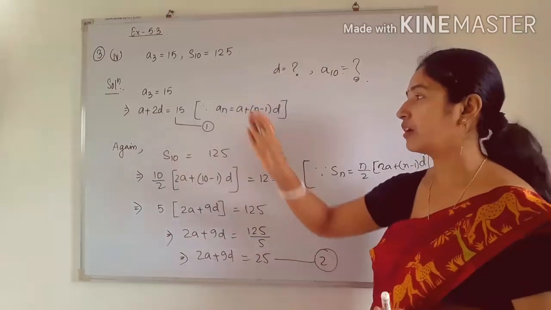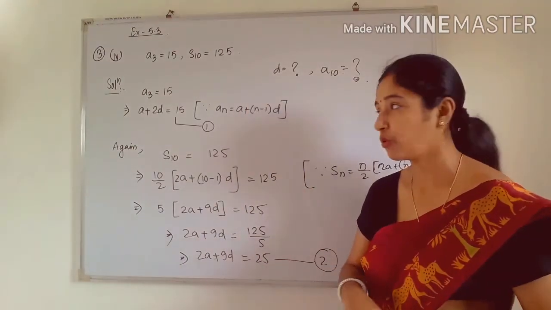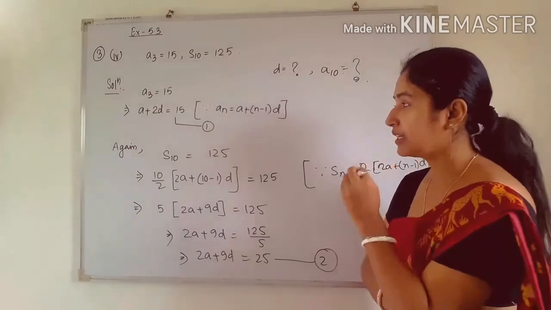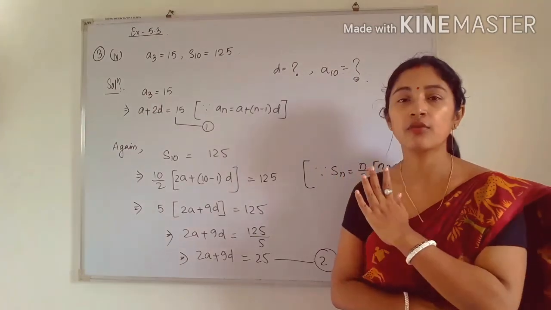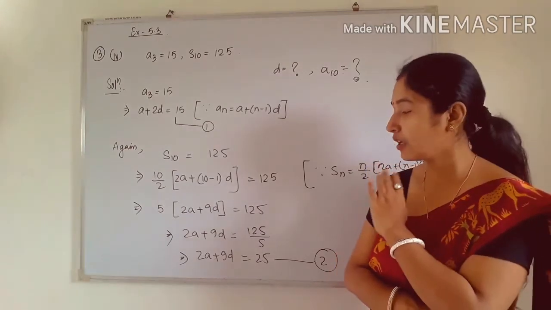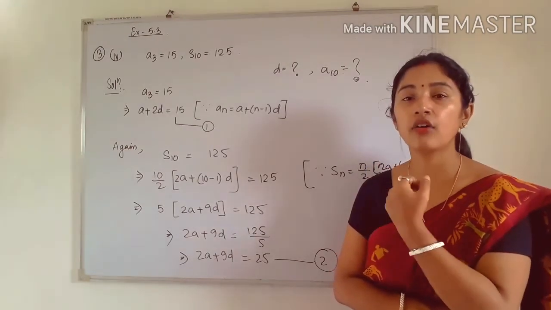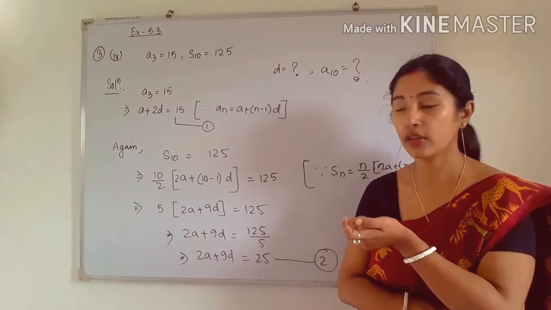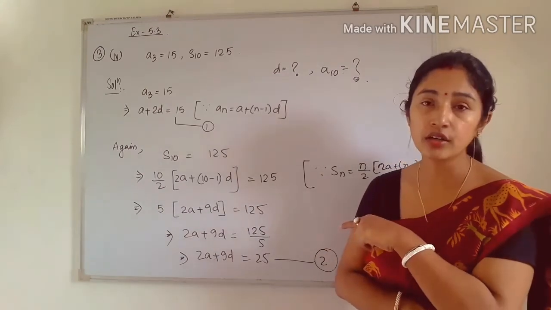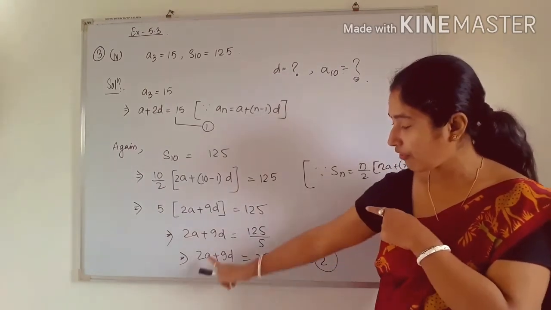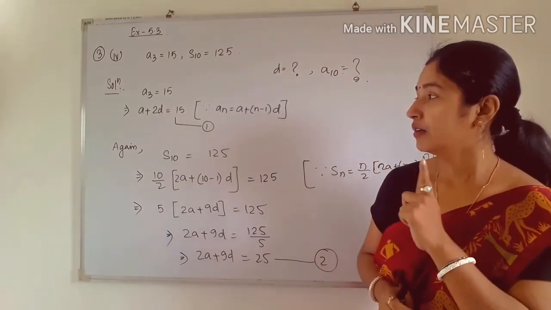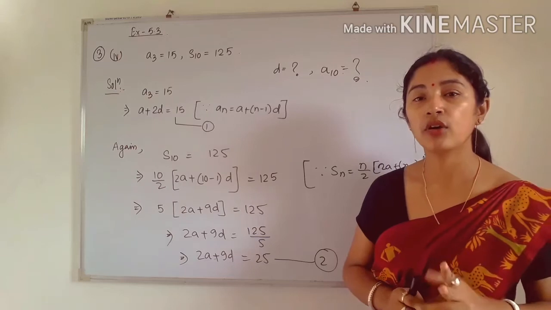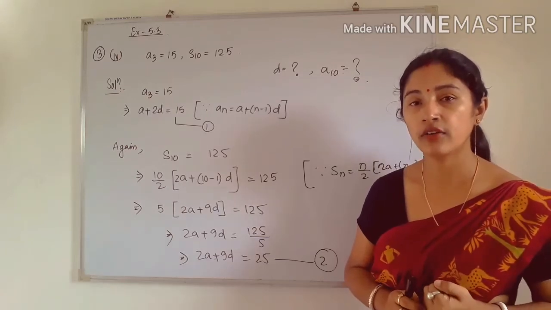And you can see we have one equation also, equation number 1. By seeing equations 1 and 2, what can we observe? We can say that these equations form a pair of linear equations in two variables, because we have two equations, the power of A and D is 1, and it is in two variables because A and D are not given.